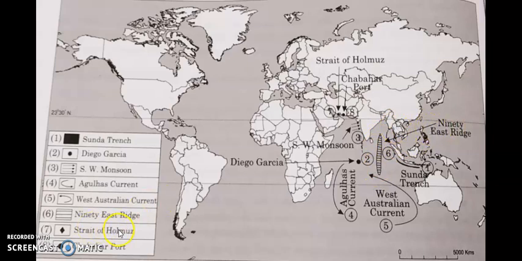Then we have the Strait of Hormuz. The Strait of Hormuz is present here at the 7th number. And last is Chabahar Port. Chabahar Port is present here, which is plotted at the 8th number. So these are the things which come in the board examination. Even for 12th standard, such map questions come for 10 marks. So you need to know some of the basic things as per general knowledge regarding the ports, the winds, the currents. Okay, so this is all about chapter number 7, Indian Ocean and its strategic importance exercise.